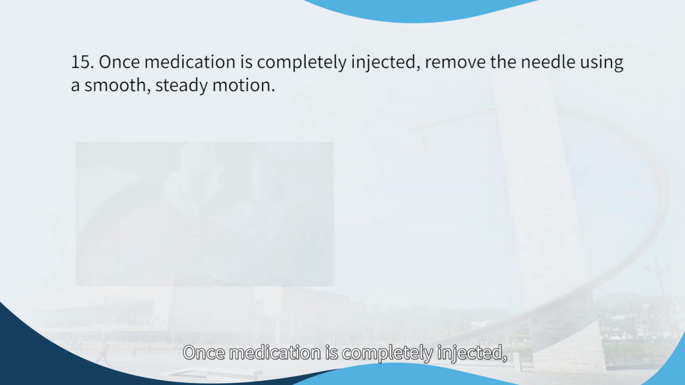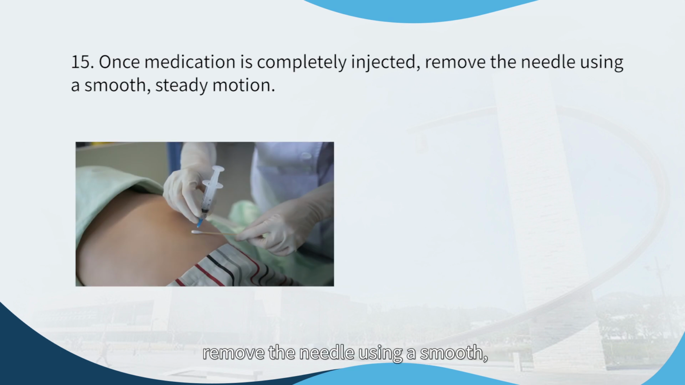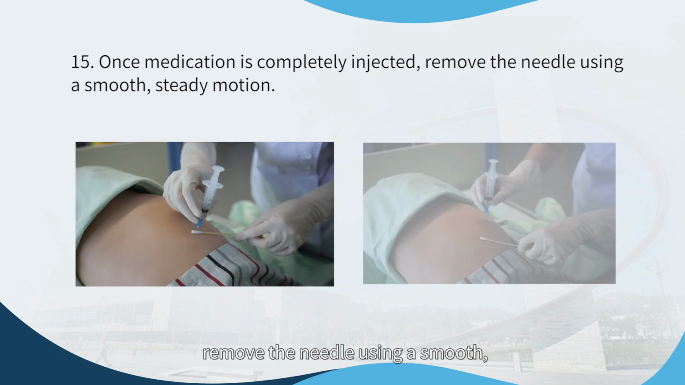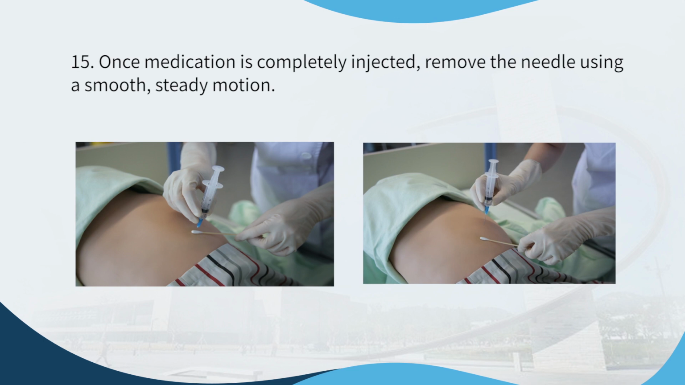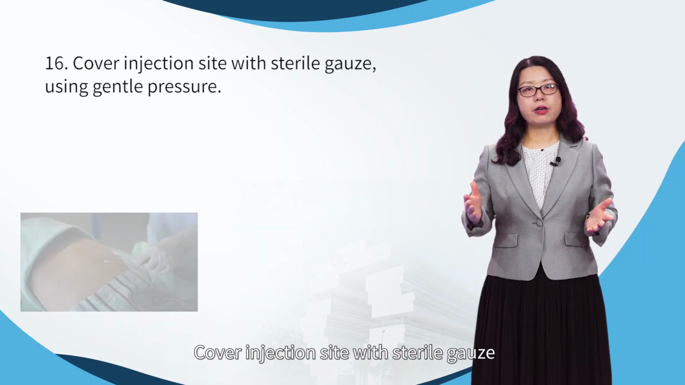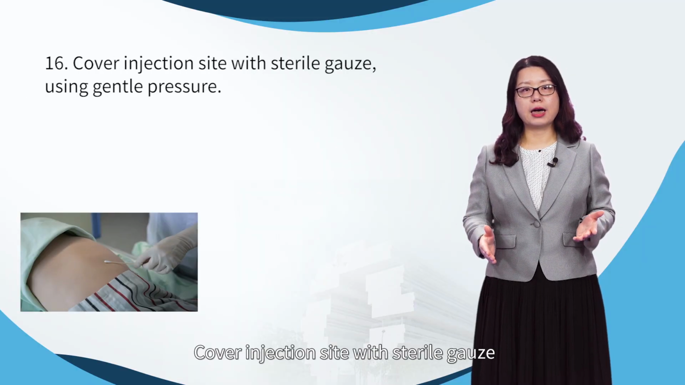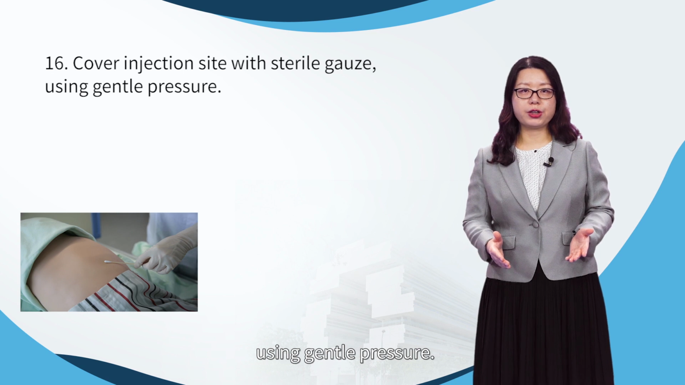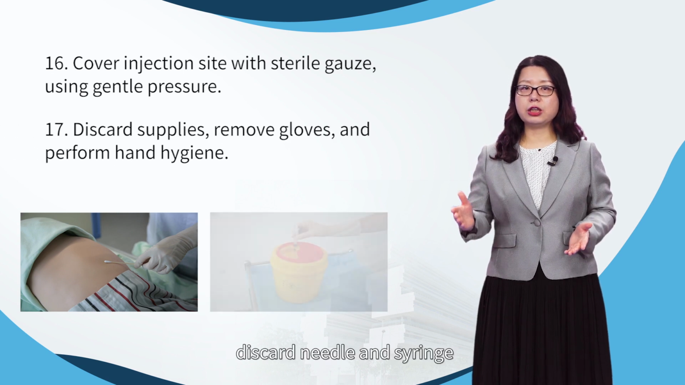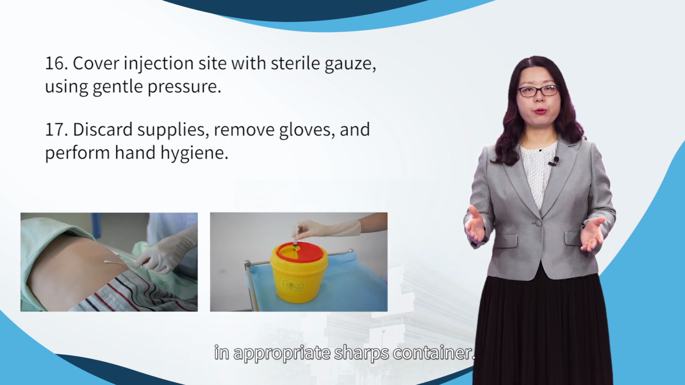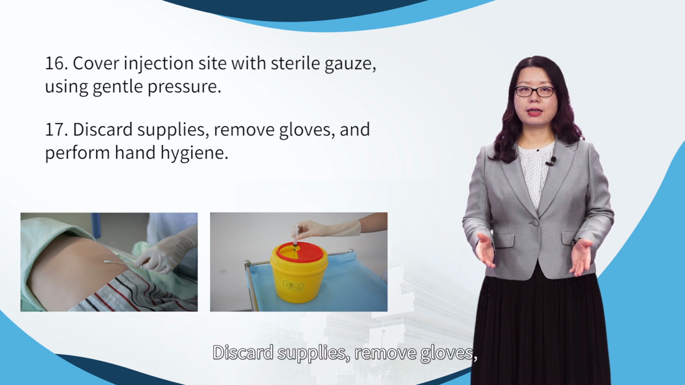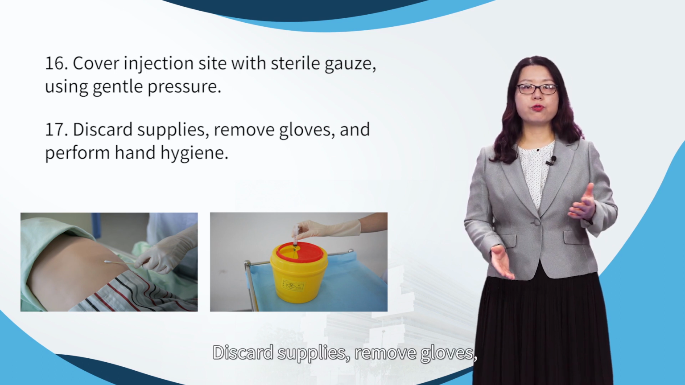Once medication is completely injected, remove the needle using a smooth, steady motion. Remove the needle at the same angle at which it was inserted. Cover the injection site with sterile gauze using gentle pressure. Discard needle and syringe in the appropriate sharps container. Discard supplies, remove gloves, and